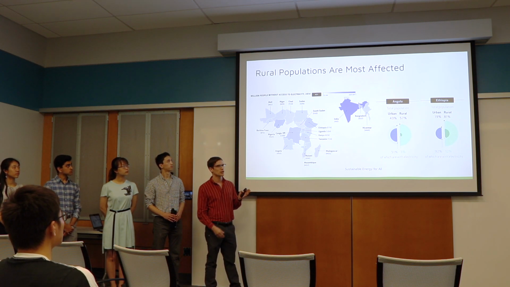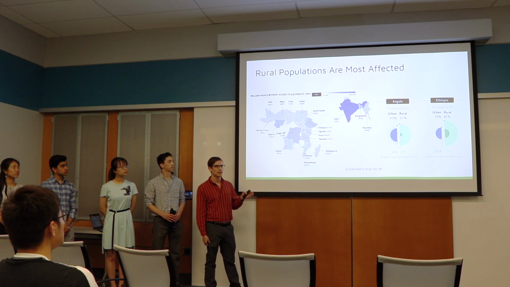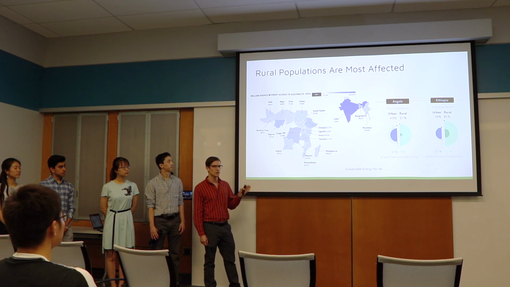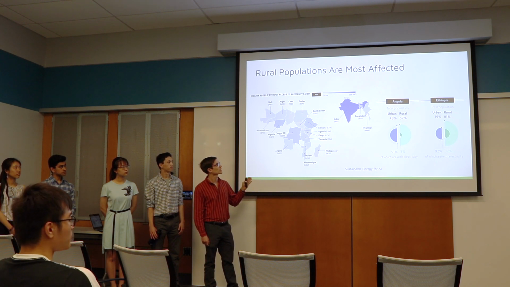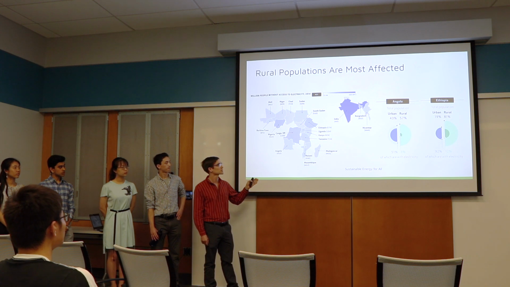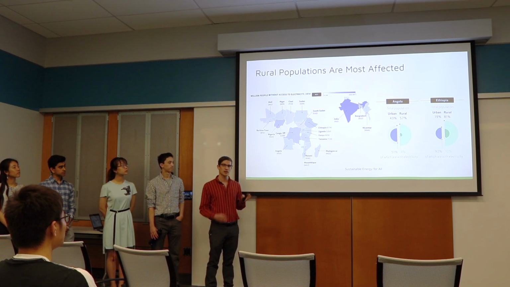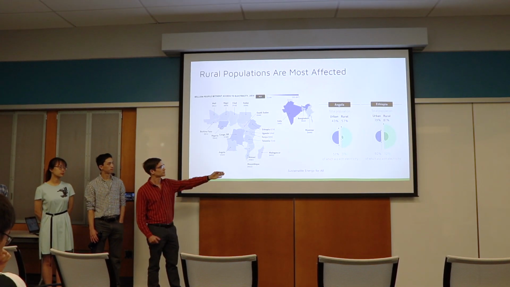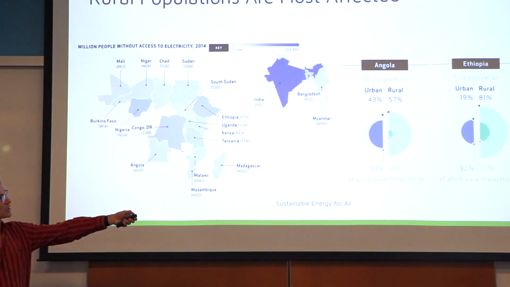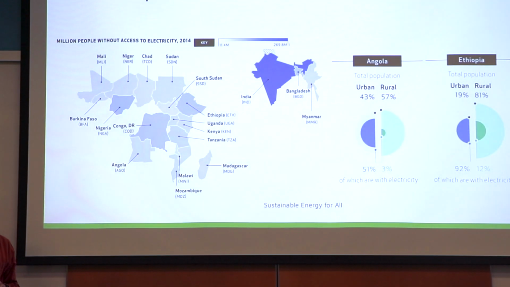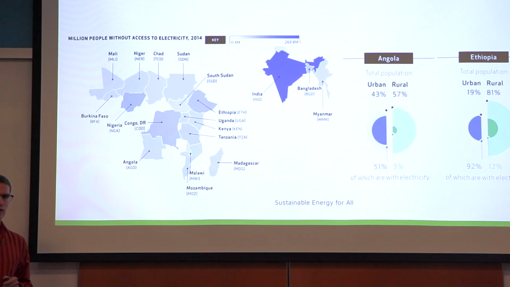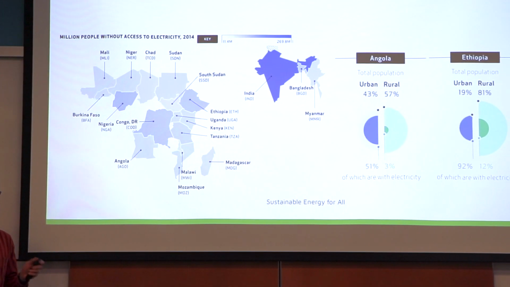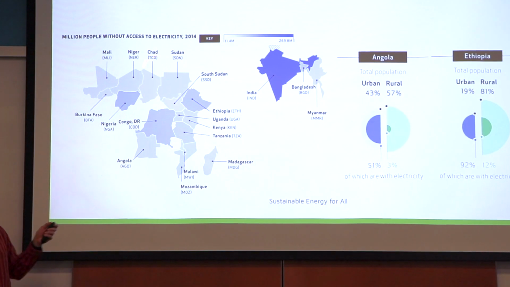Now I'm going to be shifting gears to talking about how electricity access planners face challenges on the ground and what those challenges include. So first off, the scale of the problem is hopefully pretty clear, about 1 billion people across 2 continents. If you look at these actual populations, they're overwhelmingly rural, which adds an additional element of the challenge. So if you look at this diagram on the right, for the country of Angola, about 60% of the population is rural, and only about 3% of that population has access to electricity, versus about 50% of the urban population has access. And this trend is true for many of the countries seen here.